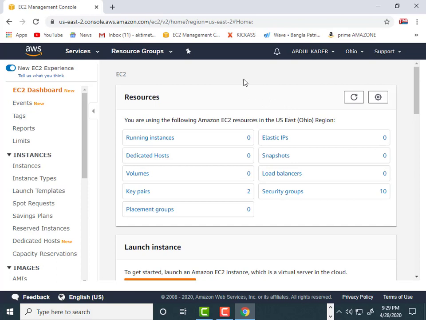Okay, welcome back to EC2, guys. Now I'm going to create an instance with Windows Remote Desktop Protocol. So guys, let's jump into the topic. Now I am in my EC2 dashboard, as you can see over here. Now you can press the link called Running Instances. Once you click it,